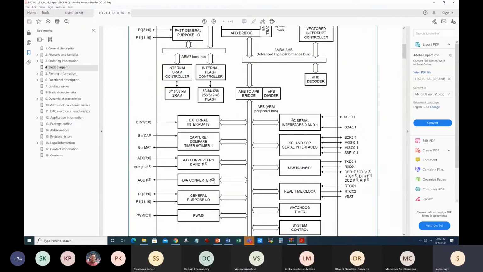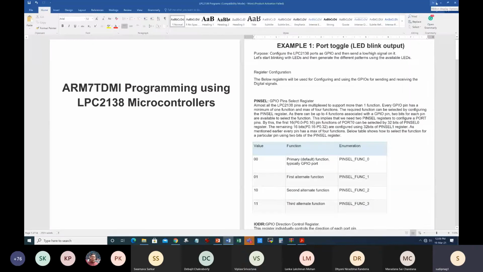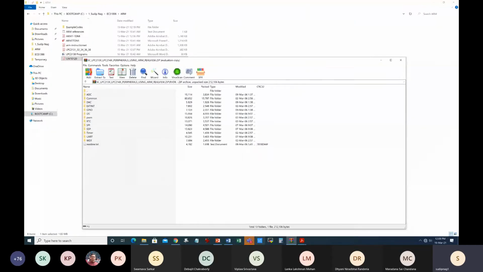Okay, having said this basic information, some of which has been repeated from previous classes, we will see today how to program these GPIO pins. If you want to understand how it is done, I have prepared an example of how to toggle an LED. But before this example, I will take you to the PDF file